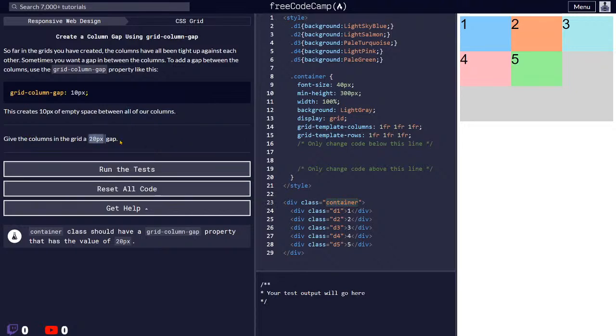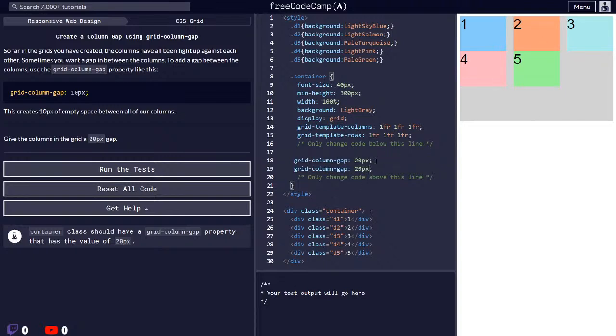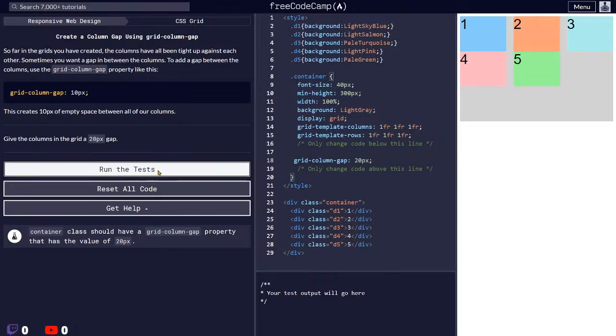So give it 20 pixels. Grid column gap equal to 20 pixels. So this will have the 20 pixel, and if you need a row gap also of 20 pixels, it would be like this, but in this case we will only have the column gap. So if you run the test,